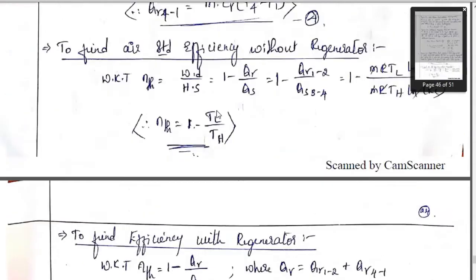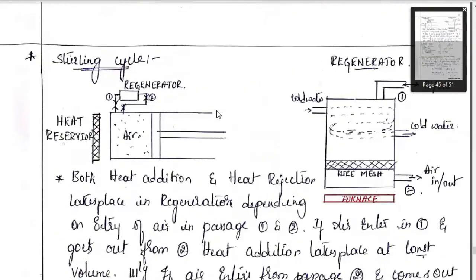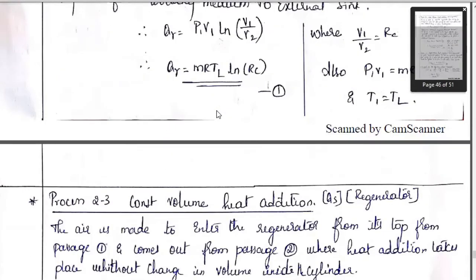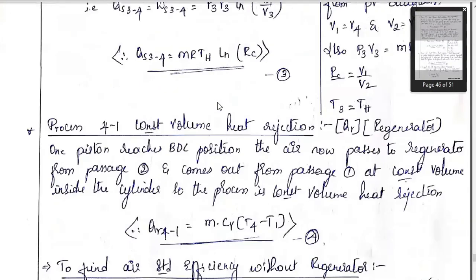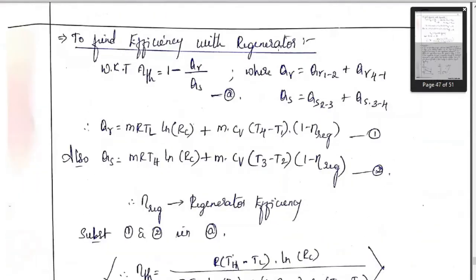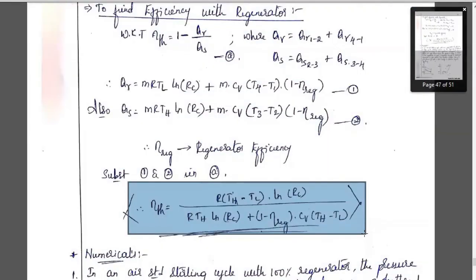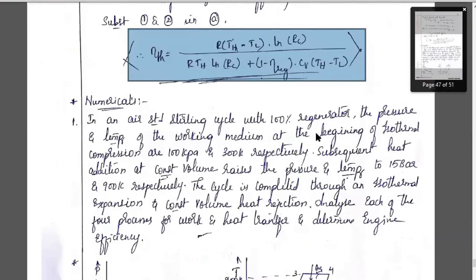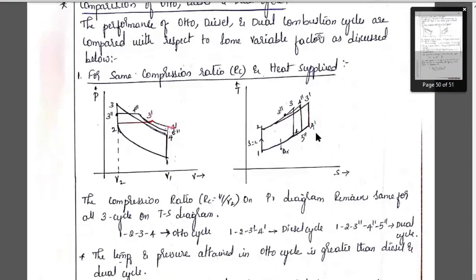So this is about the Stirling engine cycle and the working condition for thermal efficiency when we consider a regenerator and without a regenerator. You should be very careful with the formulas. In the problems they give, problems come with a regenerator and without a regenerator. When it is without a regenerator, this is the formula you have to use. When it is with a regenerator, observe, you have to use this formula. These are the two formulas that give you the thermal efficiency with a regenerator and without a regenerator. Now let us solve one or two problems of the Stirling cycle with and without a regenerator.